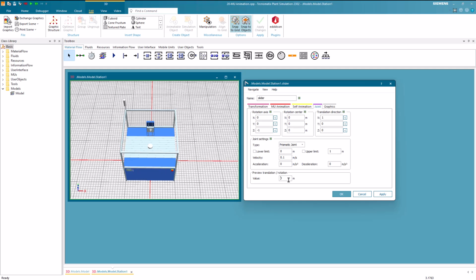However, if we adjust the translation direction to Y, we can witness how the slider's motion is oriented along the Y axis. We can observe that the reference point of 0 represents the middle of the station, which is where the processing takes place. -0.9 corresponds to the entrance of the station, and 0.9 designates the station's exit.